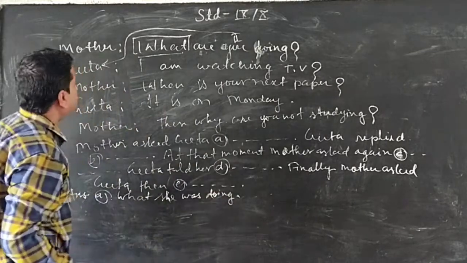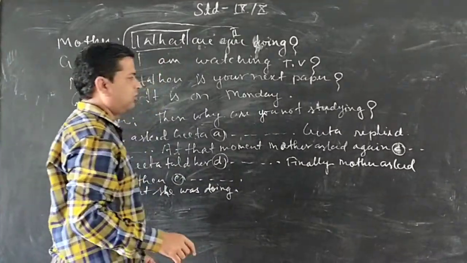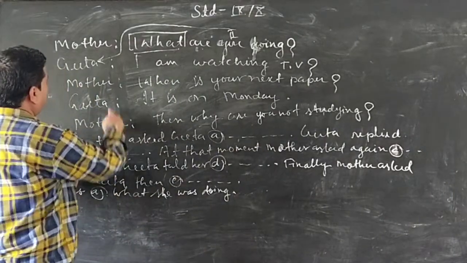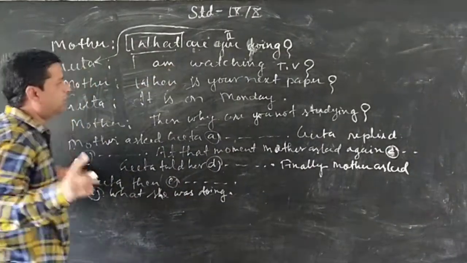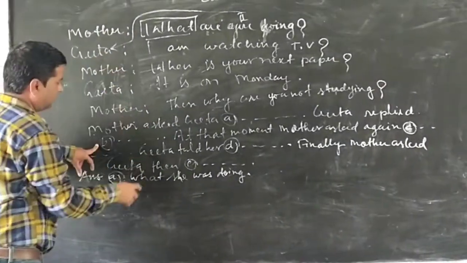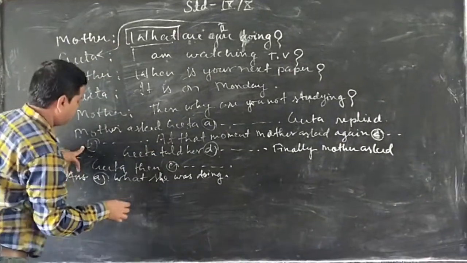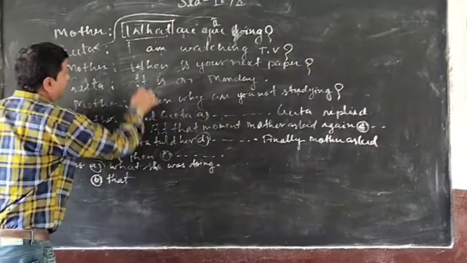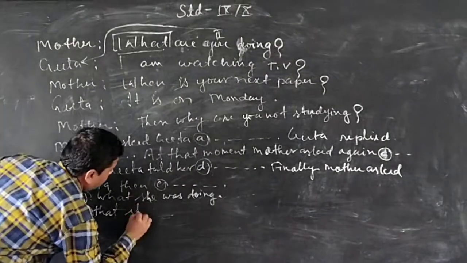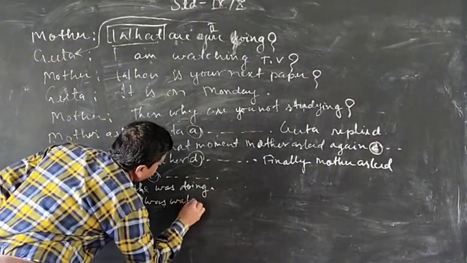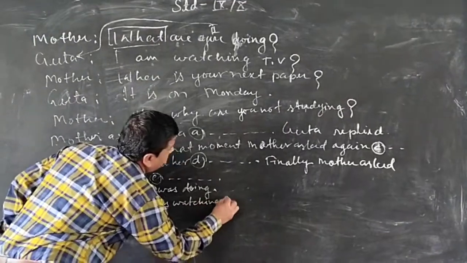Okay. Now you have to look in your paragraph. Geeta replied, the number. This sentence will be converted from direct speech. So I will change your to Geeta's. First of all, you have to write the conjunction that. So you write here the number, that, I will change it to she, and am changing to was. She was watching TV.